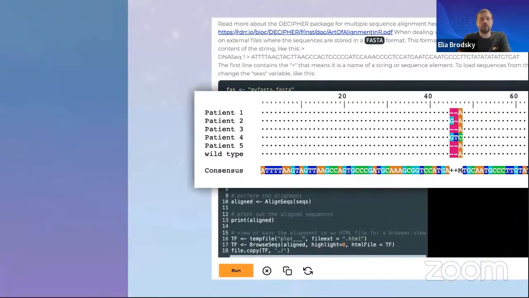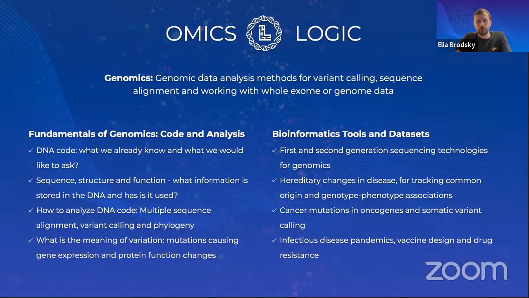So in summary, we will provide you in this Omics Logic Genomics program a variety of examples and opportunities to try to analyze whole exome sequencing data from humans and non-humans alike. We will introduce you to how this type of analysis could be applied in basic and translational research. You will understand the terminology and the commonly used approaches for analysis, and will be able to perform those independently as well, using the platform for logical and user-friendly analysis,